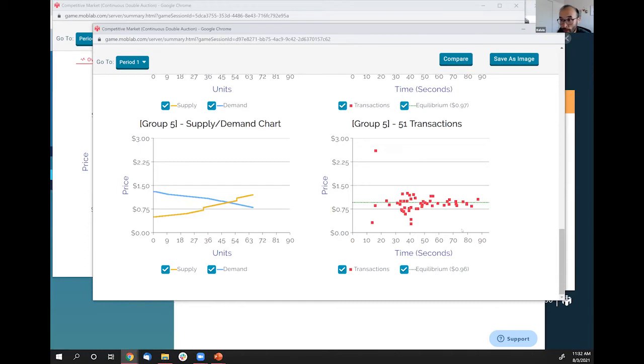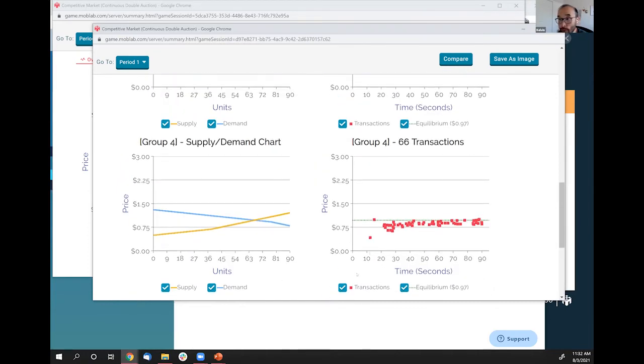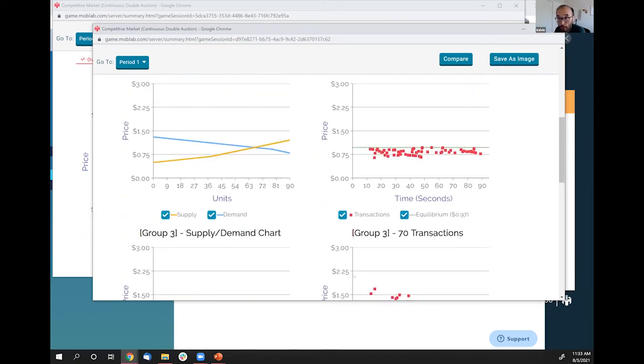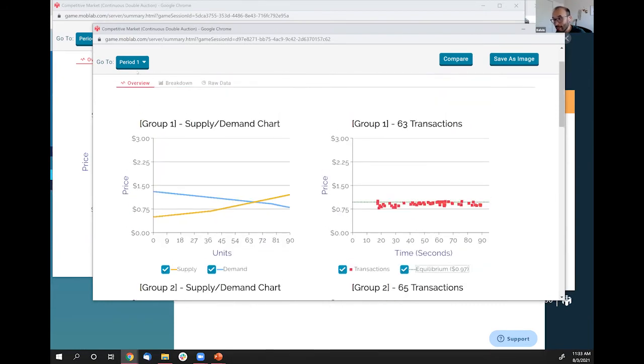So I break them into groups of 40, but you can see how in all of these groups, there's this convergence towards the equilibrium. None of them knew what the equilibrium price was, but you can see how gradually it approaches that or stays there, right?